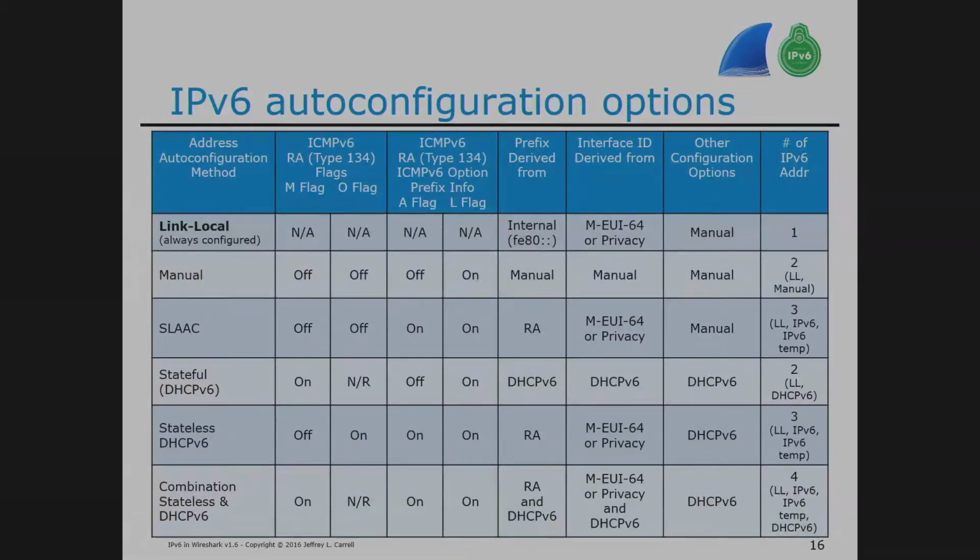So there's an option to that called stateless DHCPv6, which is the A and the L flags on, and another flag called the O, which stands for the other configuration. This tells a client, here's your prefix, I'm your router, go ask a DHCPv6 server for other stuff. Other is DNS, domain name, download, time, blah, blah, blah. All those other things. No address, just everything else that a DHCPv6 server can give you. And then it becomes usable.